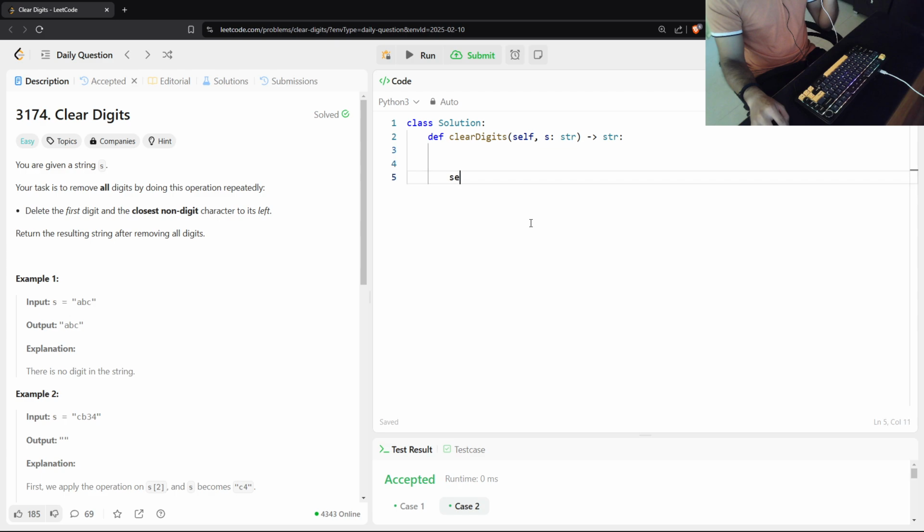So first what I need is a set of all digits. This set will help us to identify if the value that we are currently at is a character or a digit. So the digits that we have are 0, 1, 2, 3, 4, 5, 6, 7, 8 and 9, all the way from 0 to 9, 10 digits we have. And I also need to define a stack. Now we are good with the iteration. We'll start iterating from left to right. So for each value in S,